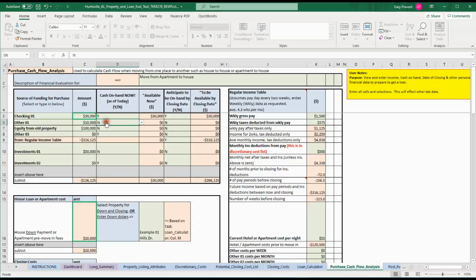And let's say that is currently on hand for some reason. It's on hand now, and you're not going to spend it between now and closing. So it will be available at closing. And your equity from the old property is not available now, but it will be at time of closing because you're going to sell it before then. And it's going to update your numbers. And we have the income table problem here. So